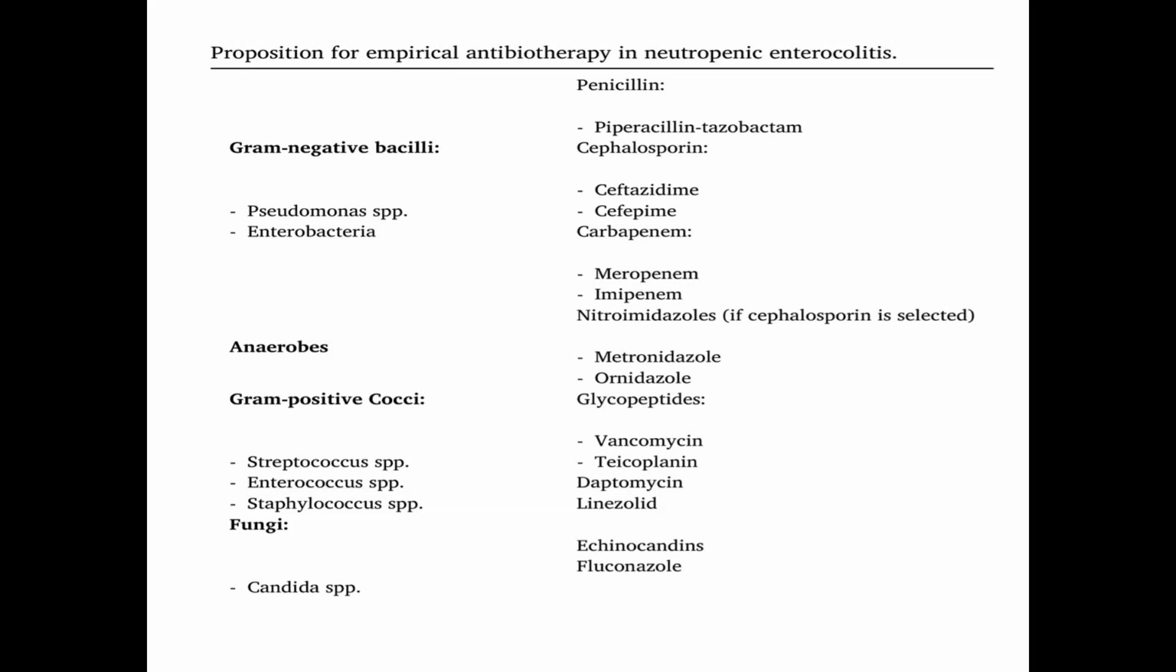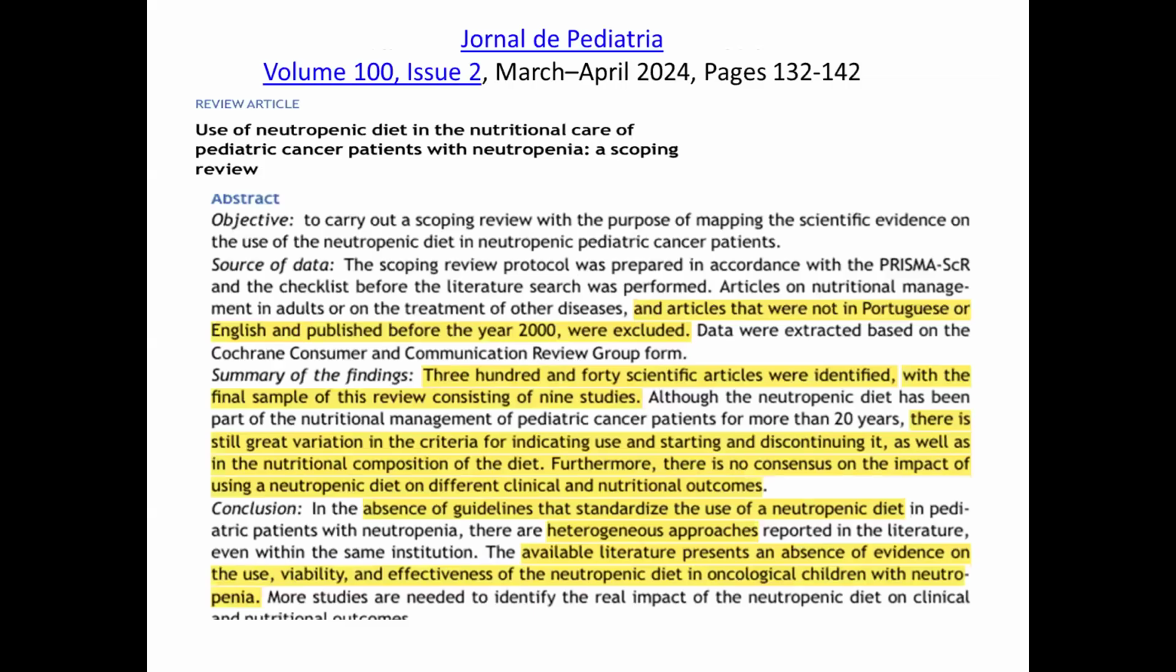So the preferable type of antifungal will be echinocandins, caspofungin, and fluconazole can also be used, but there is a growing number of candidal species which are resistant to fluconazole. So voriconazole could be another alternative. So just a few words about